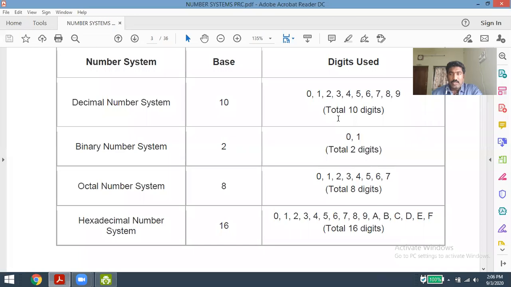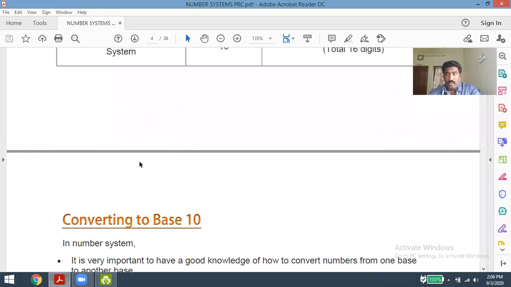Our computers or any type of digital components will follow these basic numbers only. Along with the binary number system, we are also able to use the octal and decimal numbers, and somewhere we use the hexadecimal number representation. Now let us go for the conversion mechanisms, how to convert from one format to another manually. We will have a number of problems on this in our external examinations as well as in any competitive exams. So it is a very important topic: how to convert a given base to other bases.